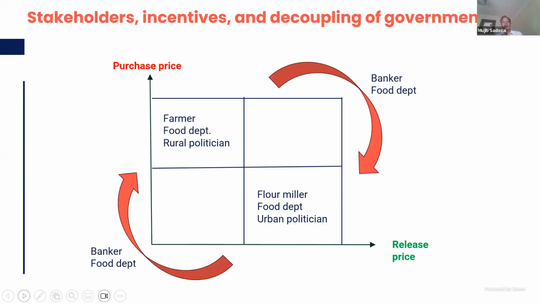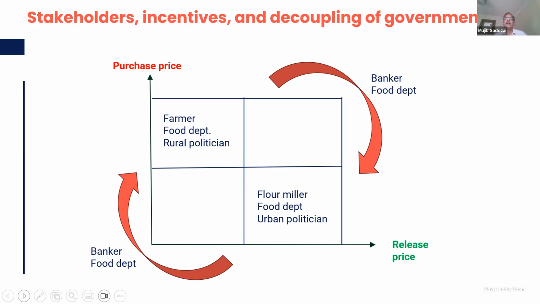Once more. Thank you. So knowing the stakeholders and incentives was critical for this intervention. As I explained, the farmer and the rural politician, in this case the upper left-hand quadrant, wanted a higher purchase price. And the flour mills and the urban politician, who have different constituents, represented by the lower right-hand quadrant, wanted the price to be set as low as possible, with the banks essentially benefiting from this difference. And as long as this charade continued, their game was on, because there was a mismatch, there was a gap, and